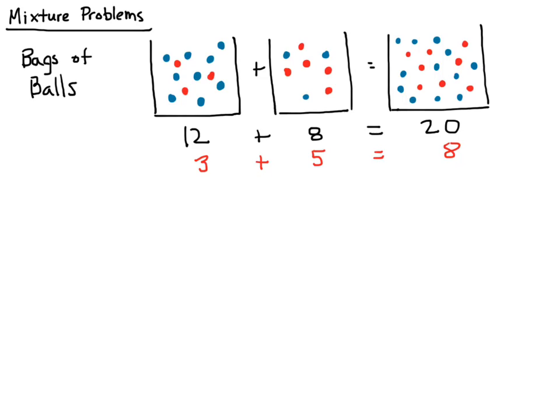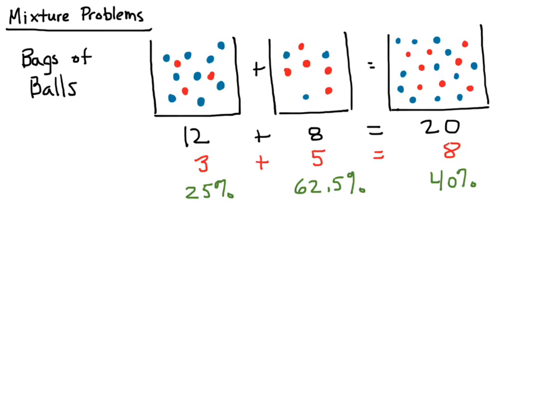So let's look at the percentages of red balls in these bags. The first one, since we have 3 out of 12 balls in the first one, that would mean 25% of the balls are red. In the second bag we have 5 out of 8, which is 62.5%, which is 5 divided by 8. And then in the last bag, where both of them are mixed, we have a total of 40% of the